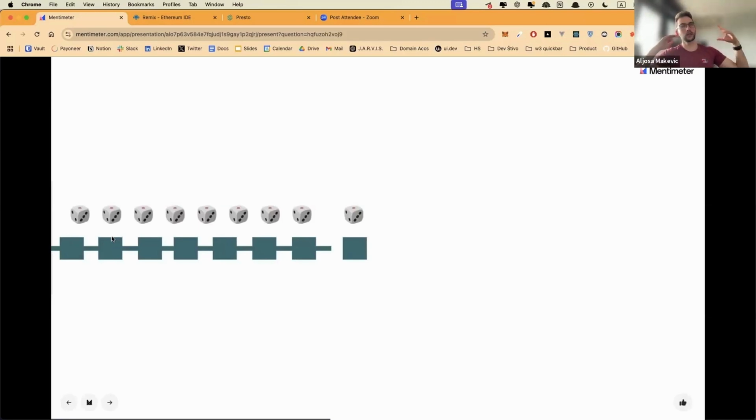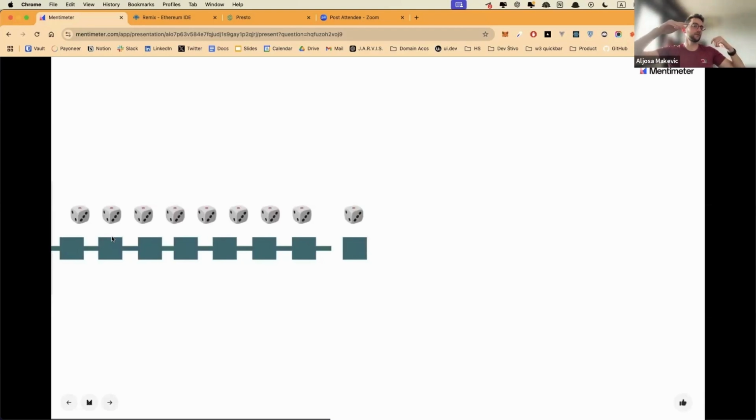So if this first block has number 4 and number 6, this second block is going to have number 4 as well, just to be able to link it back to the previous one. And it's going to have its own block data for some of its own transactions. And that can be number 3. So here we have 6 and 4. This has 4 and 3. That means the next block is going to have number 3, and you can have whatever value will represent transactions in that block.